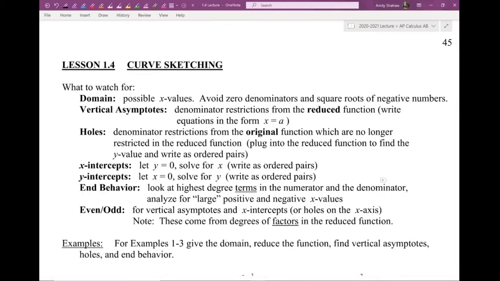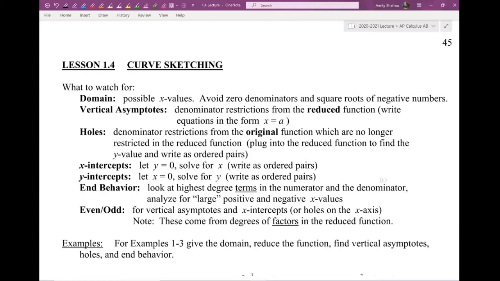Lesson 1.4 in curve sketching is going to be important for you to understand how it is that we know that a graph looks the way it looks and trying to put everything together into one place. This is not actually on the AP exam. It's a conceptual piece. It helps you understand what it is that you're doing when you move forward into the